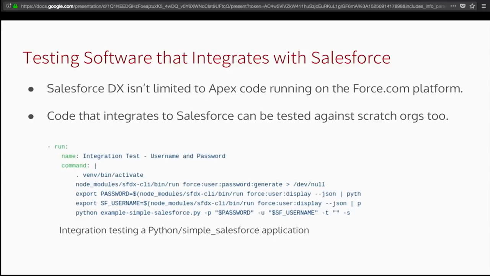What I can do is set up my continuous integration process to run Python unit tests written in Python against this tool, but then also spin up a Salesforce DX scratch org, pull out the authentication information for that scratch org, and allow my tool to complete an integration test by connecting to that empty Salesforce environment into which perhaps I've pre-populated some data or some code that's intended to connect to this external piece of my app, run my integration tests, and then get back my total results across the whole application that I'm building, both on and off the Salesforce platform.